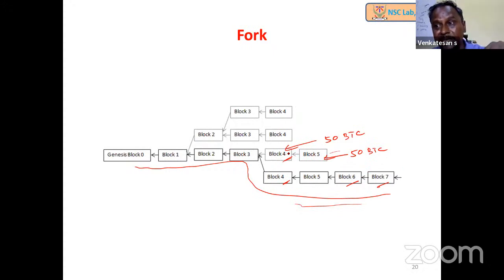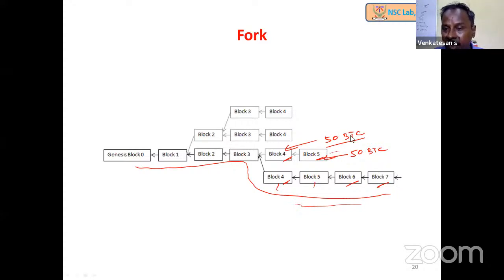Now whatever 50 BTC I have added into my block is considered null and void, because this is not accepted by the majority. So even though I put in my effort, I am going without any reward. It is like my effort has gone in vain. Not only mine, this one also. So whatever the reward, I don't get it, and whatever the transaction fee, I don't get that either. The owner of this block will be getting it. So this is the major problem with Bitcoin.